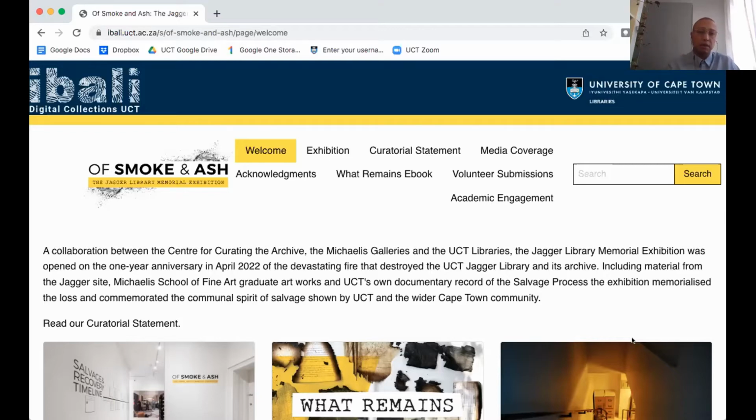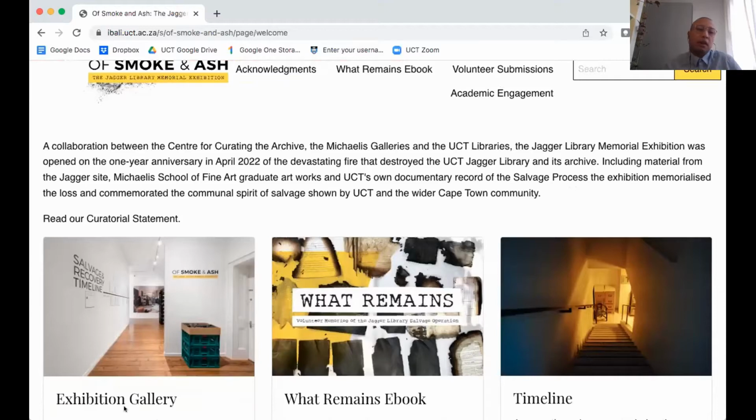Based at the Michaelis School of Fine Art, we also approached graduate students who had been thinking about and thinking with the Jagger Library fire, using their artworks, but also commissioning a few artworks related to and engaging with the disaster. So I'll cycle through just a few pictures of what the exhibition actually looked like, and then I'll turn to the memory aspect of our exhibition as well. So just to give you an impression of what our exhibition looked like, we drew on